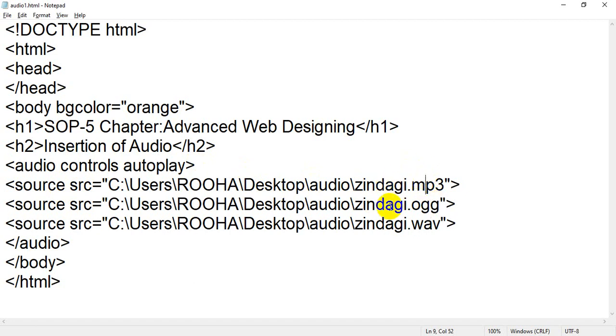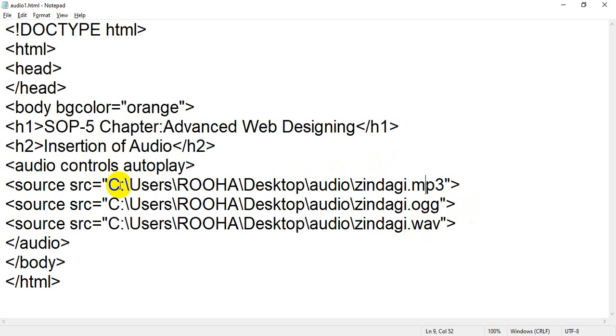Between all 3 options it will choose the best audio format. This is the reason to add multiple file formats in your audio tag source. Getting it, students? It will automatically choose the best working, best playable audio file.